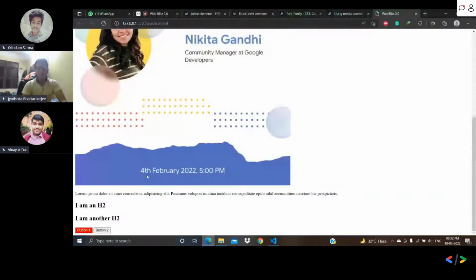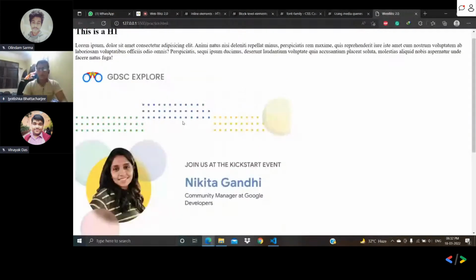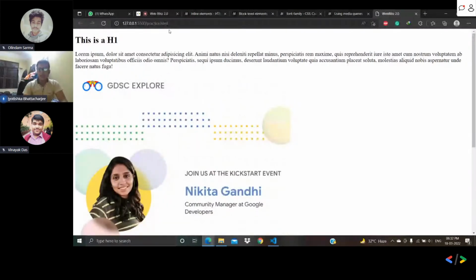So here, as we can see, this one button got changed. Now it has a background of red color and a text of white color. So it may seem that the classes and the IDs